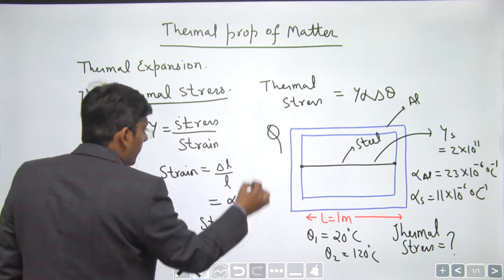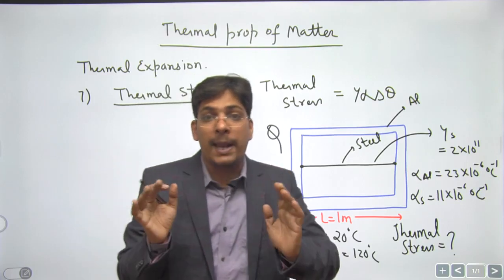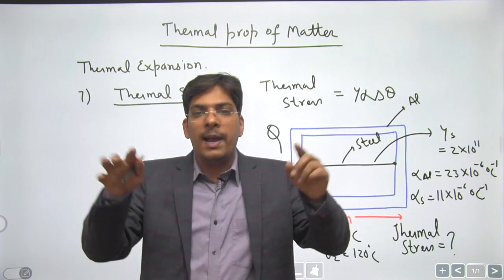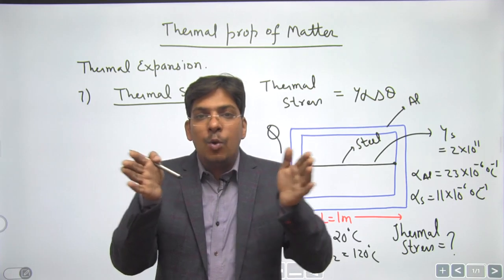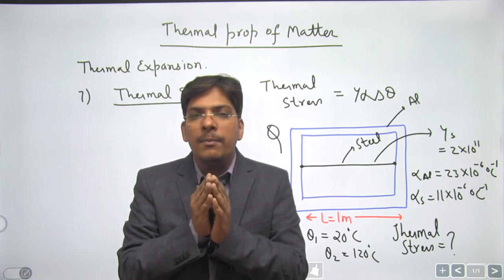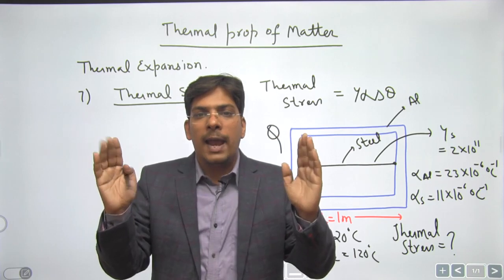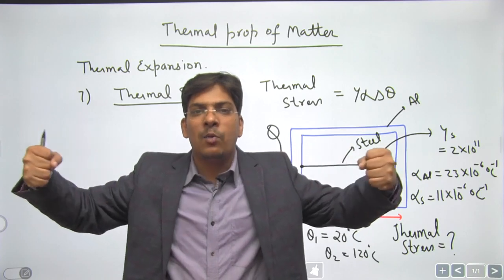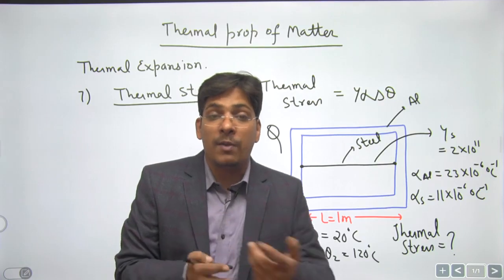See, dear students, we can have two cases here. Suppose the aluminium frame expands by less amount, and the steel wire expands by a little greater amount, then the wire is going to become loose. And if the aluminium frame expands by a greater amount, and the steel wire expands by some lesser amount, then the aluminium frame stretches the steel wire with it, and that will be the strain produced in the wire.